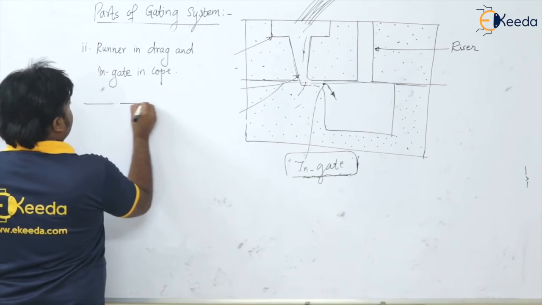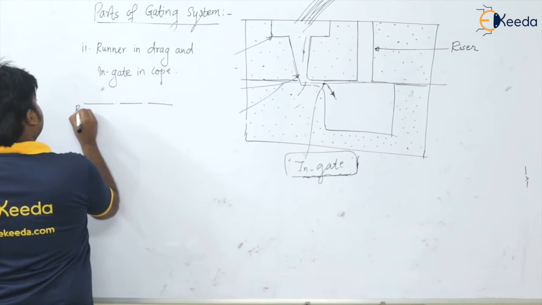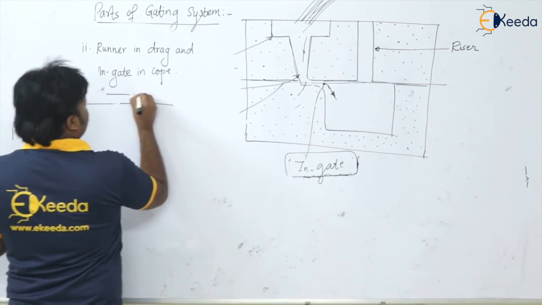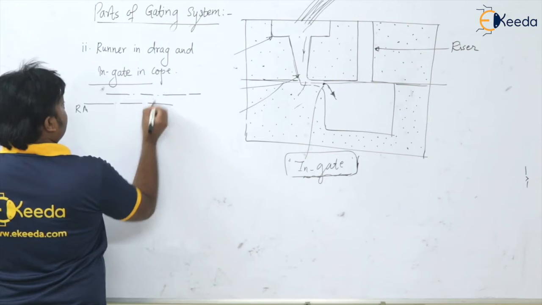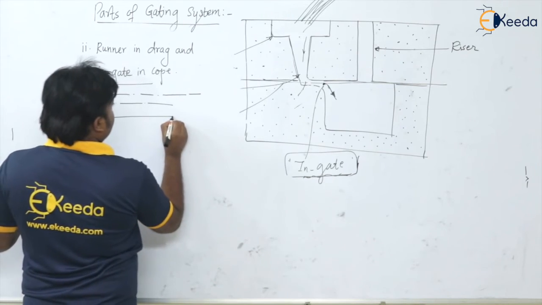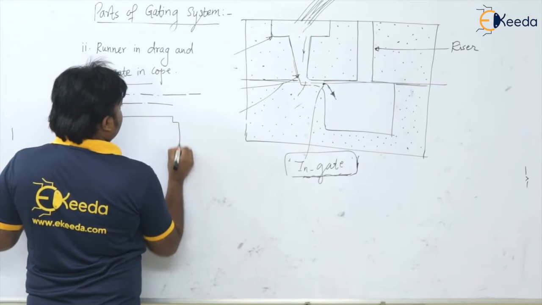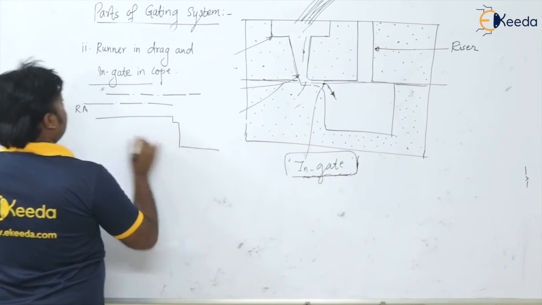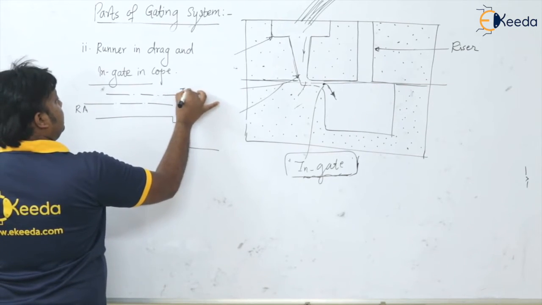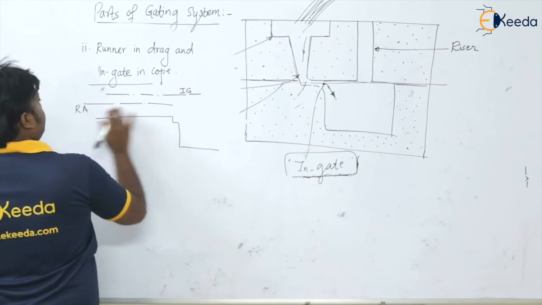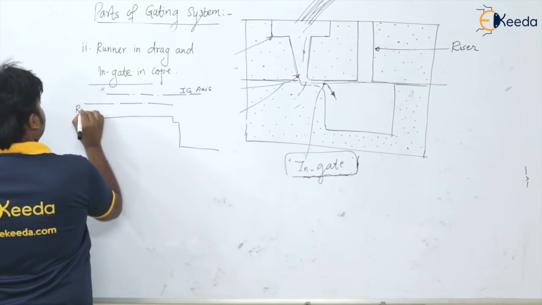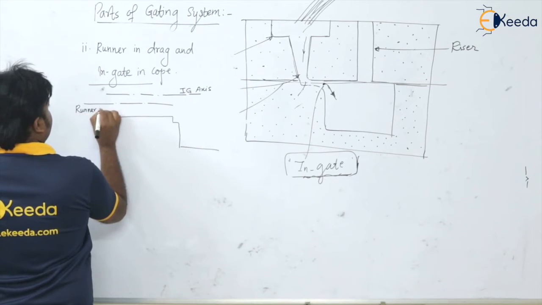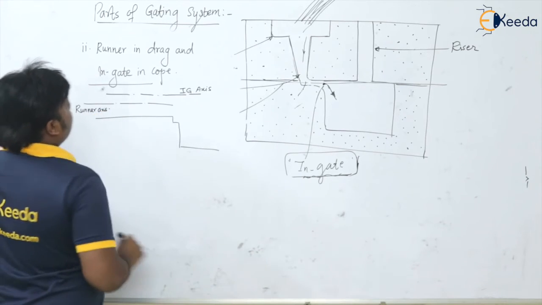So say this is the runner axis and this is the ingate axis. This is the runner axis. So here now see,